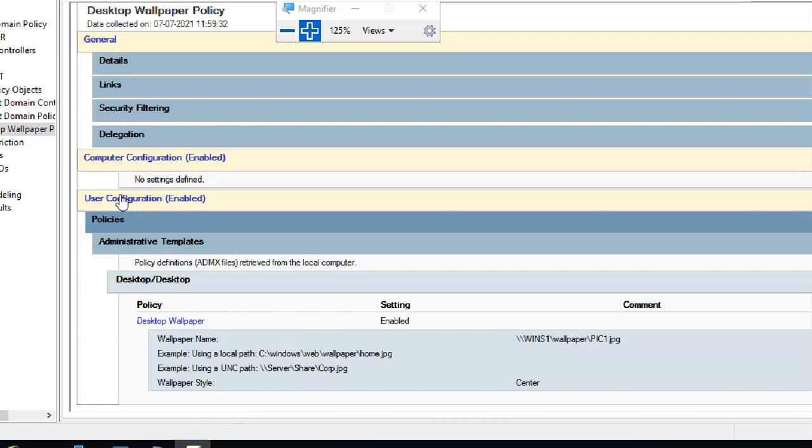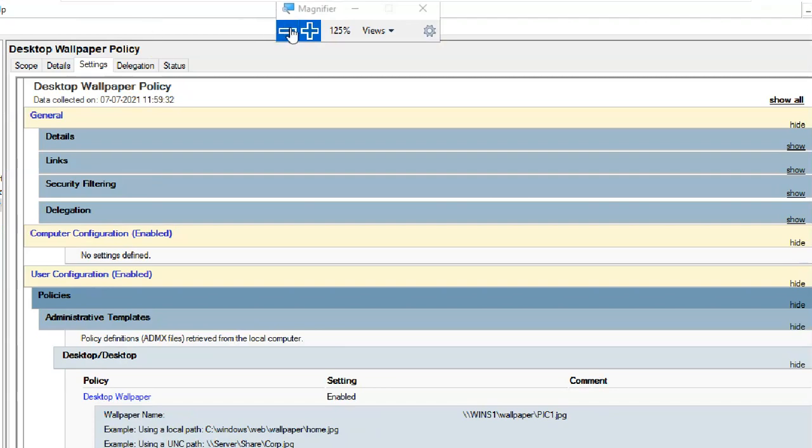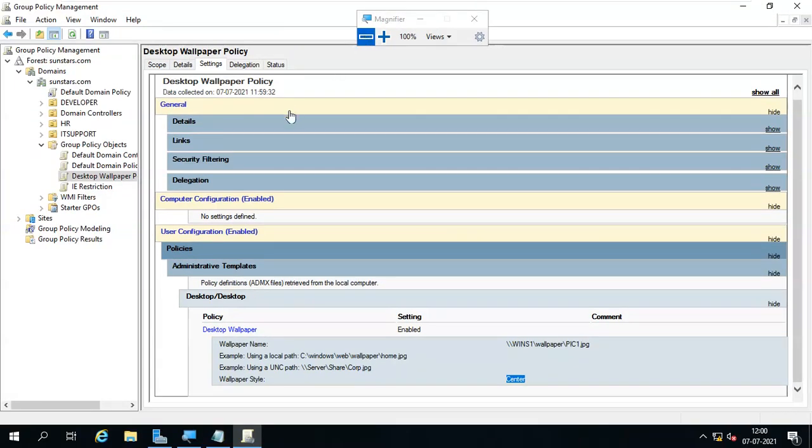Okay, see, under computer configuration I didn't do any settings. No settings defined. Under user configuration, policies, administrative templates, desktop wallpaper, enable policy, and this is my link, and here I verified whether my settings are correct or not. That's it.